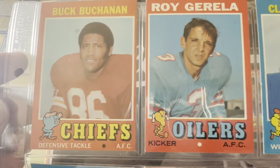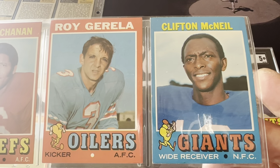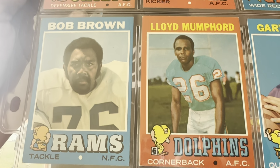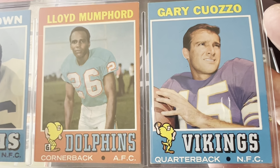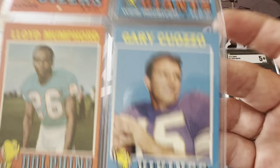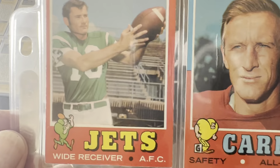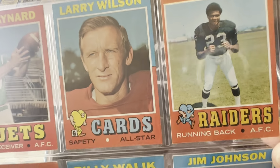Like I said, I have a bunch of doubles, so if anybody's interested, let me know. Send me a list. Clifton McNeil, Bob Brown. And there's one of the Dolphin players. The Dolphins went on to have an awesome year, and then the following year they had the undefeated season. Here's a few more guys here. Don Maynard, Harry Wilson,